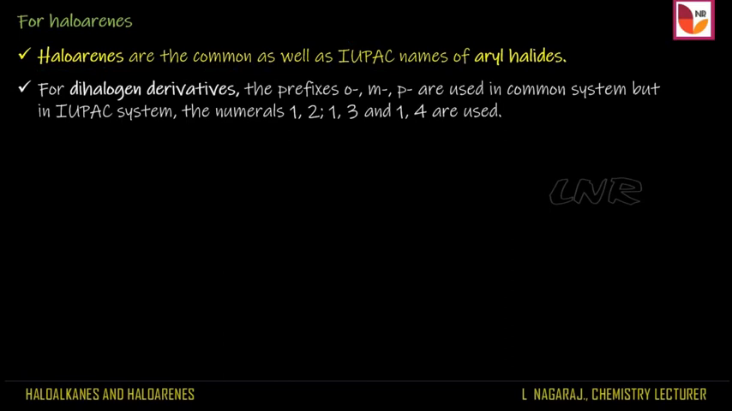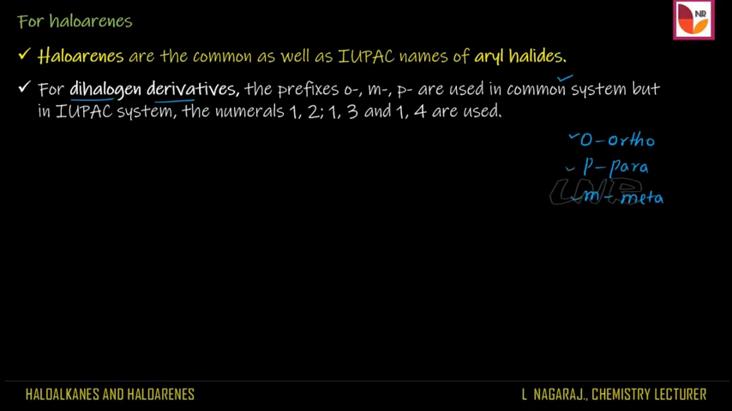When the aryl halides have two halogen atoms, the compounds are generally represented as dihalogen derivatives. For dihalogen derivatives in the common system, the position of the halogen atoms is represented by using a prefix. That is, O is ortho, P is para, and M is meta. So in the common system, the positions are represented by the prefixes ortho, para